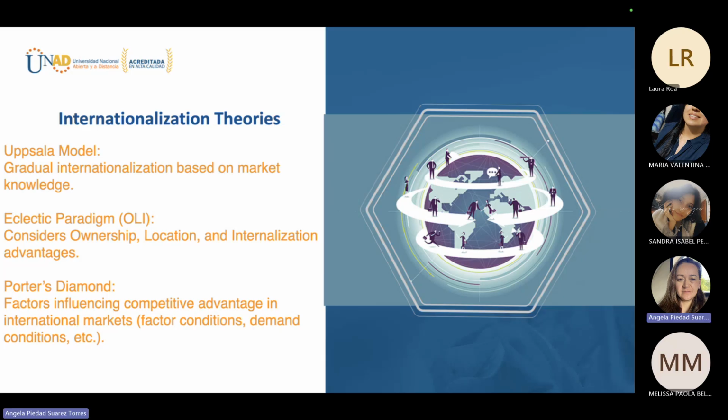We must realize that this model was developed in the 1970s, when globalization, communications technology, and the digital world that we know right now were different. So to analyze the internationalization of a company today with the Uppsala model, we must take some elements of the model, maybe considering that companies don't want to go international very rapidly, and that they need to get more knowledge of the market and the trends in the environment